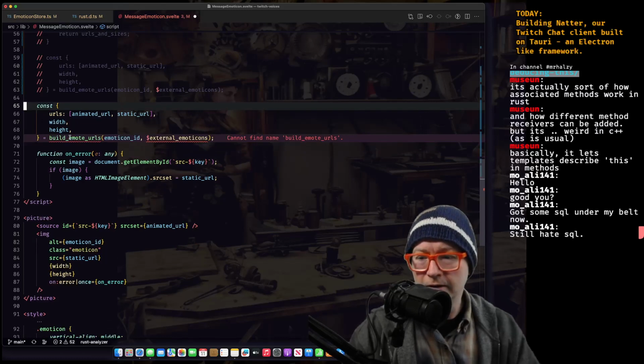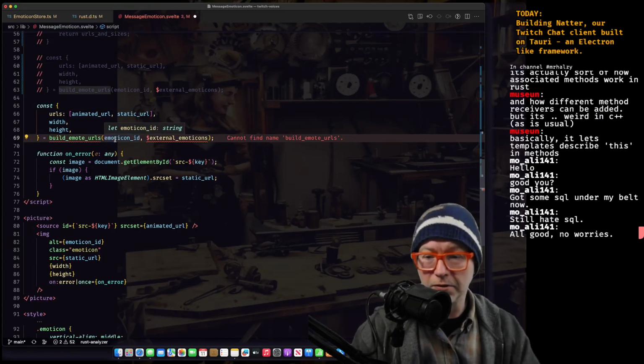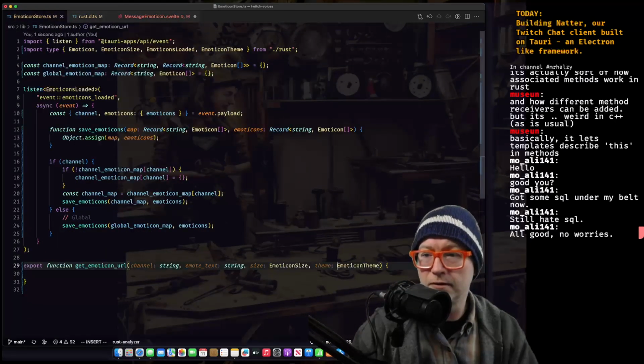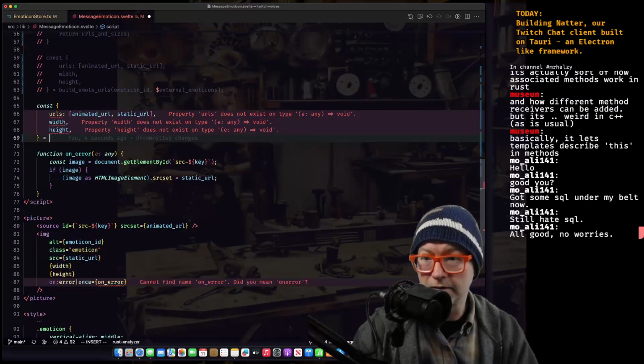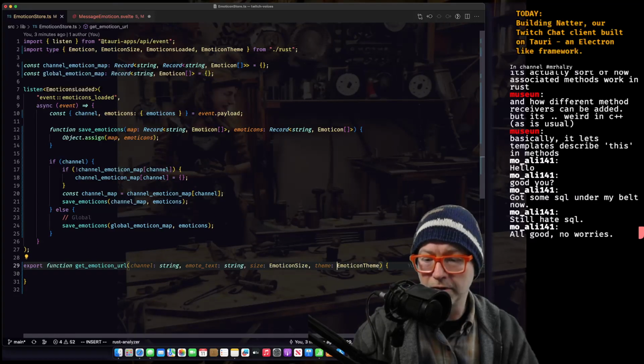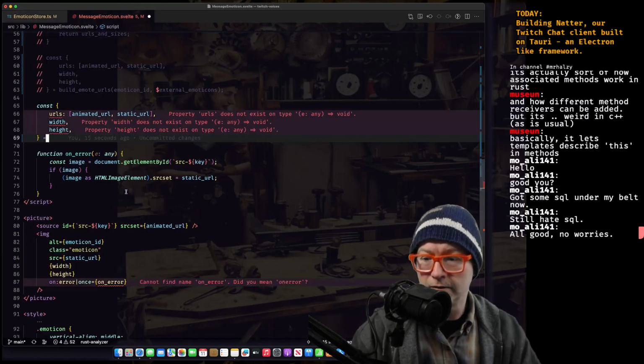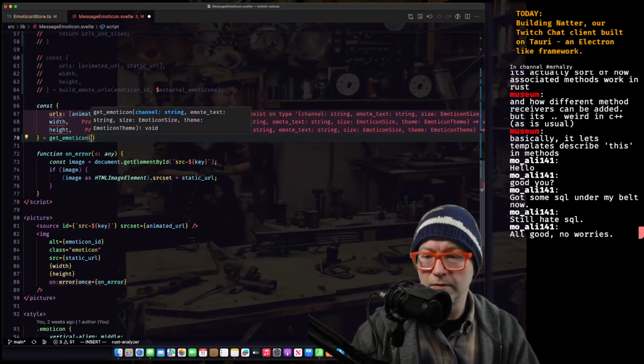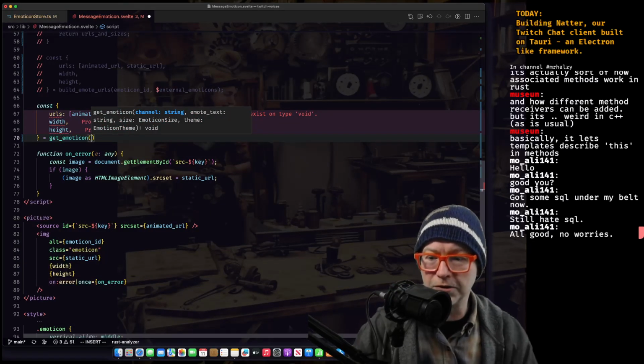Now, we need to build these emote URLs or just ask for them. So let's close that. Get emoticon. Let's call it get emoticon. We'll pass in whatever the channel is.